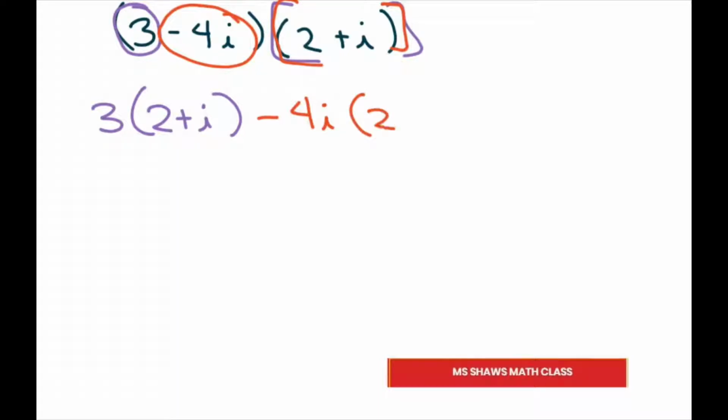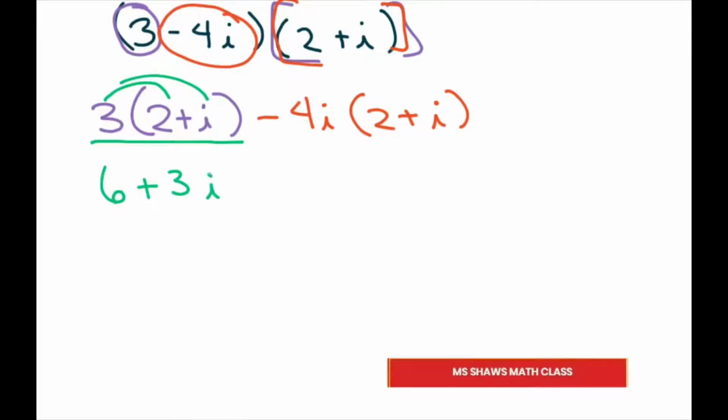So that's going to be 2 plus i. And then we already did a problem like this where you just distribute. So distribute here, you get 6 plus 3i. And you distribute this, don't forget to carry the negative. So negative 4i times 2 is negative 8i. And negative 4